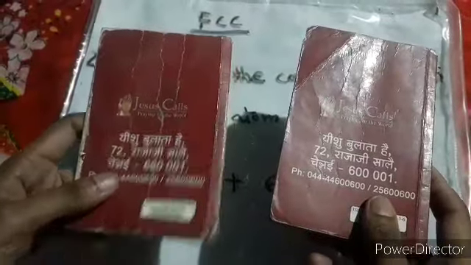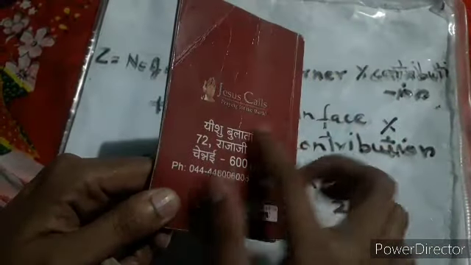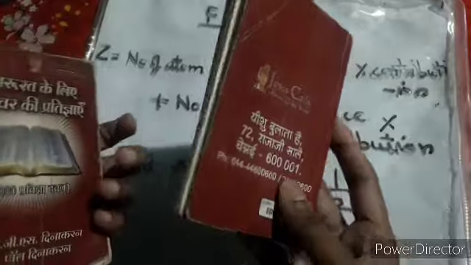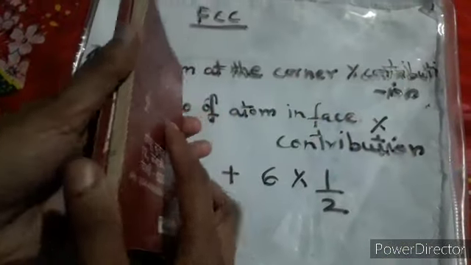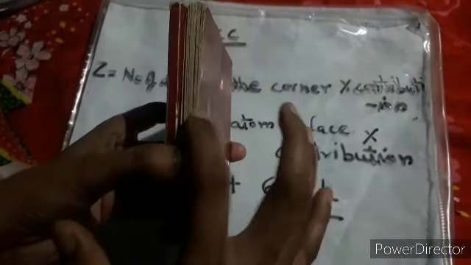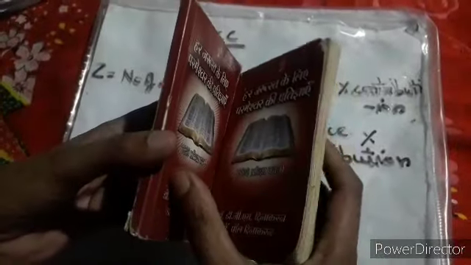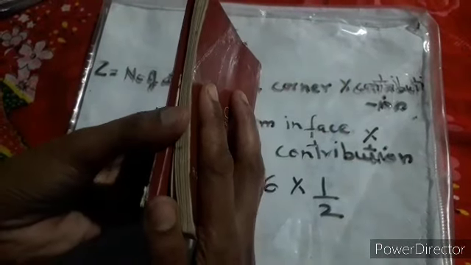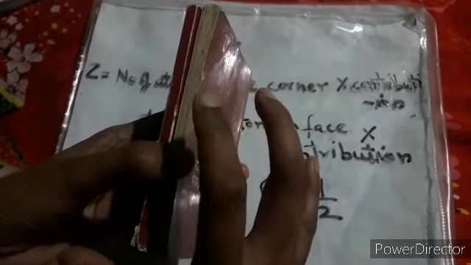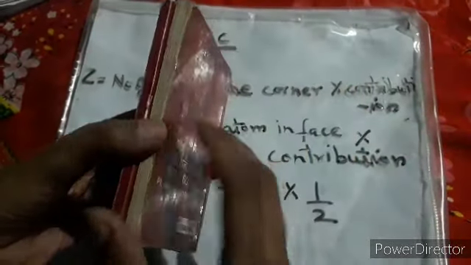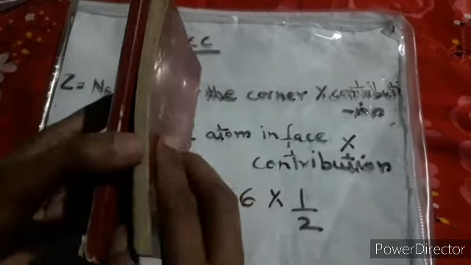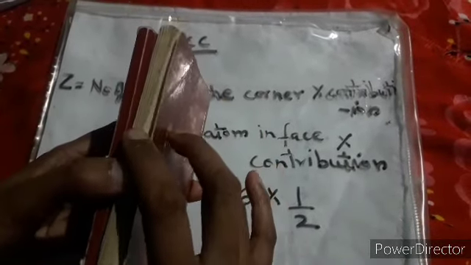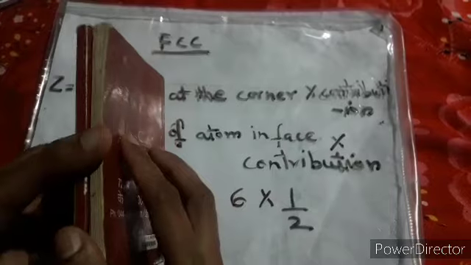Now why I am saying half? Suppose one of the atoms is placed over here. Why is it 1 by 2? Because if one atom is here, now just see these two unit cells are attached together. So what happened is, the single atom is being shared by these two faces, this face also, this face also. So they are attached in this manner, and the single atom is being shared. So we have six faces. So every time half will be there with the unit cell which is FCC, but we have to see how much is there.